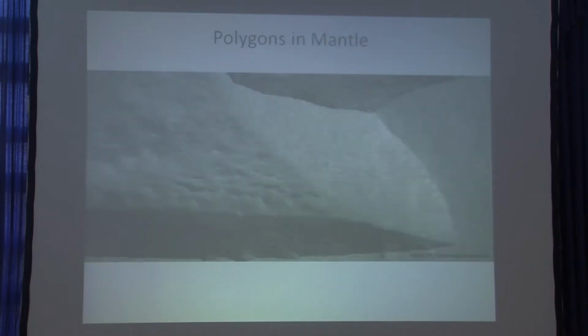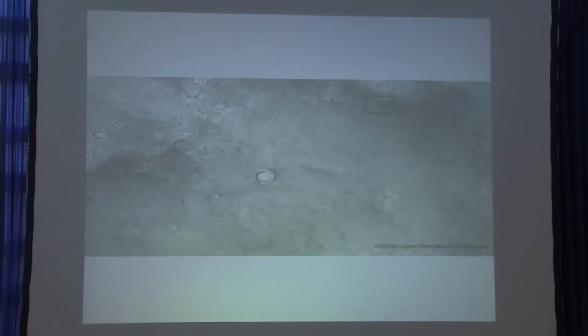You see something interesting. Hopefully we can see this. Some of us can see it. We have these polygons. The ground is shaped into polygons, and when we find polygons on Earth, we know there's frozen ground. And then here's a picture that shows scallops, and it shows polygons, and it shows these